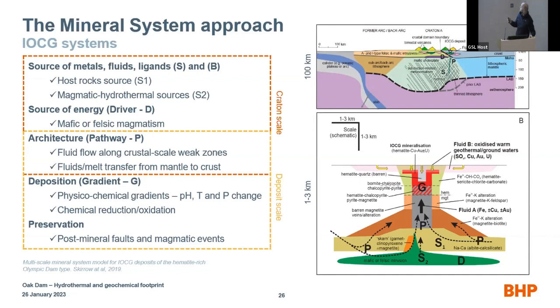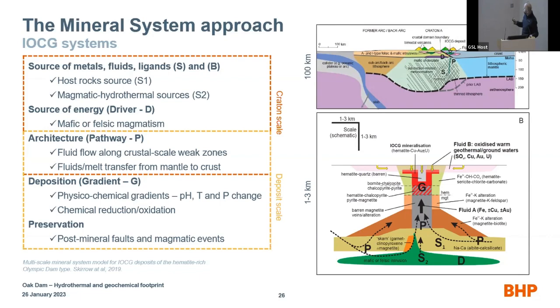They are channelized through a pathway, in this case represented by the boundary between two cratonic blocks, and they are deposited at crustal levels. If we look at the bottom image, that's a repetition of what I've said, but as the fluids come up to a redox boundary,